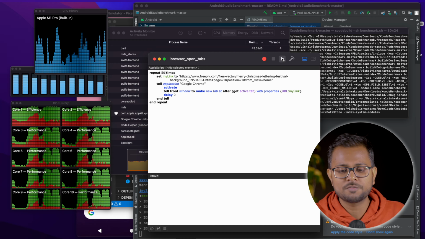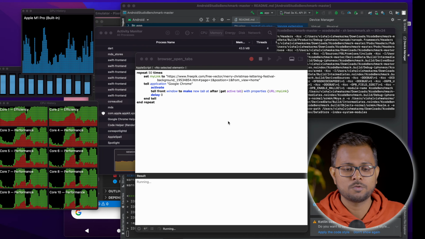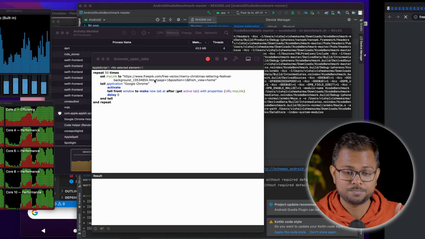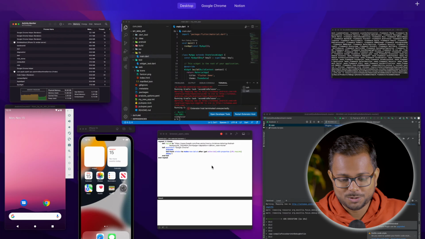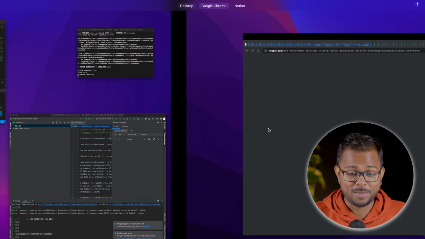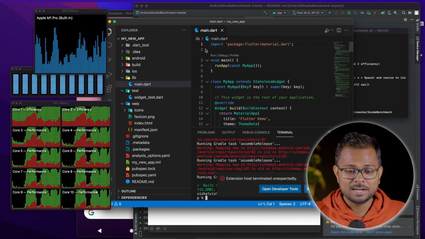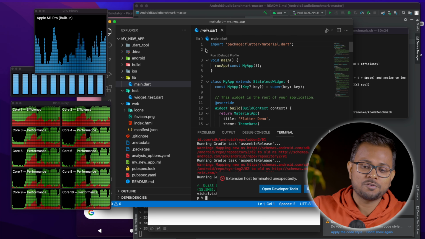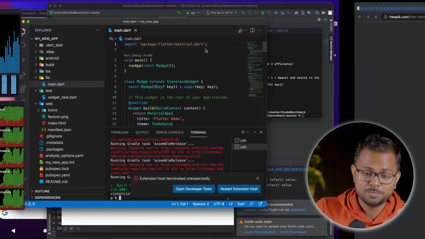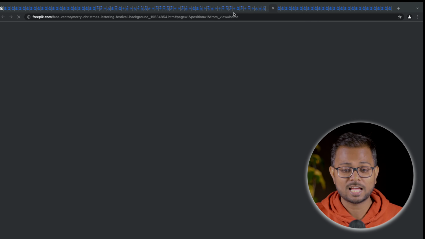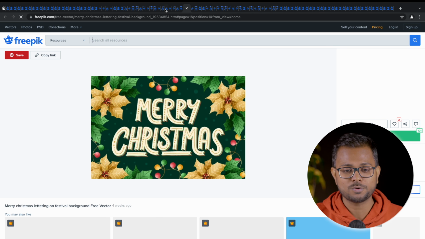So we'll be trying to open up 50 more tabs. Let's hit enter. 50 more tabs opening up in Chrome. Guys, this is really crazy. We just don't know what's happening. How does it manage to keep up with it? It has just got 16 gigabytes of RAM and a base variant of the M1 Pro processor, 10 cores of CPU, 16 cores of GPU, but still everything's real snappy, real usable, and we can just shift to any tab.